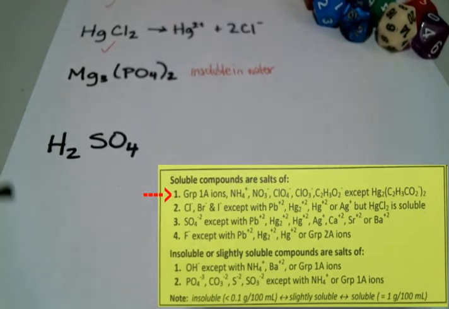If you take a look at the solubility rules, you've got basically 2 rules you can look at. Rule 1 under soluble compounds says group 1A ions are soluble in pretty much every situation. And since we're considering hydrogen a group 1A ion for this, that makes it soluble. But as well, group 3 says that sulfate is soluble as well, except with those strange exceptions. It looks like lead, mercury, silver, calcium, strontium, and barium. And hydrogen's not one of those things. So either way you chalk it up, this is in fact going to be a soluble